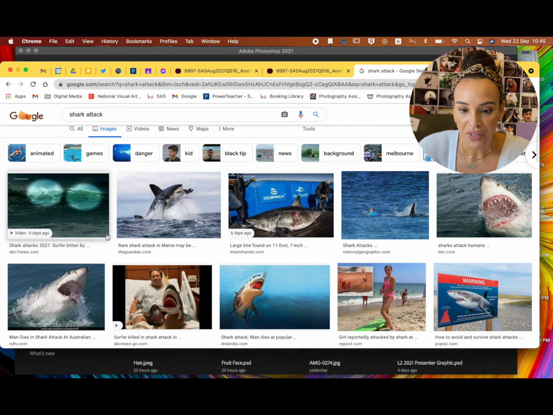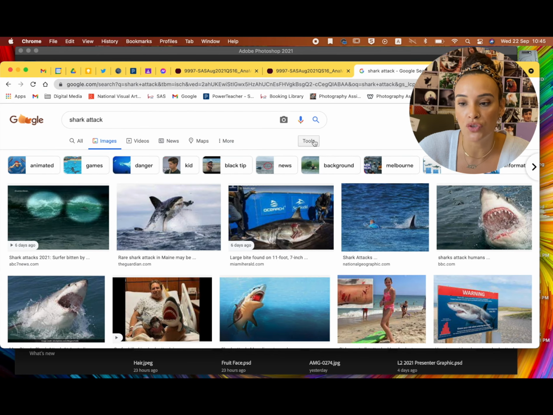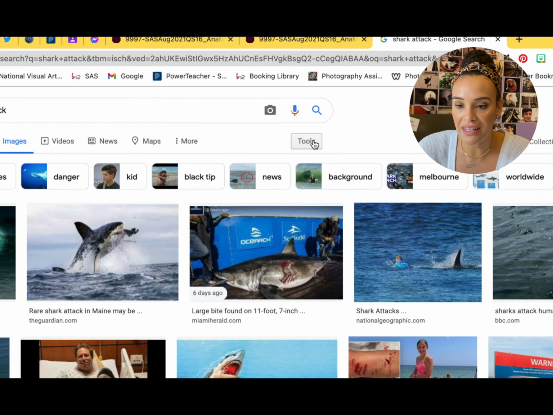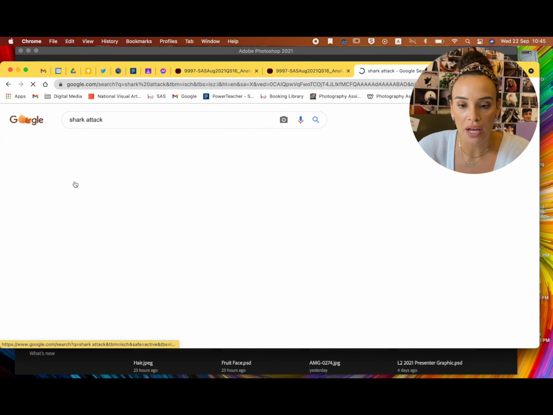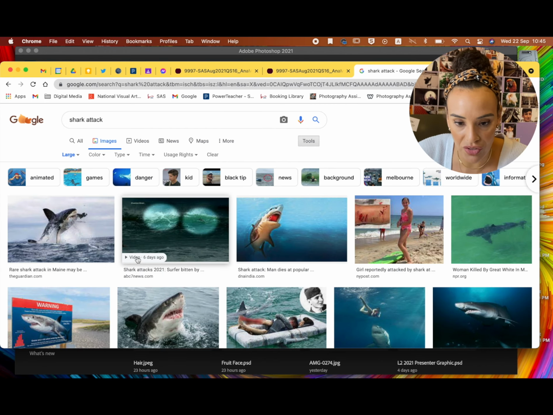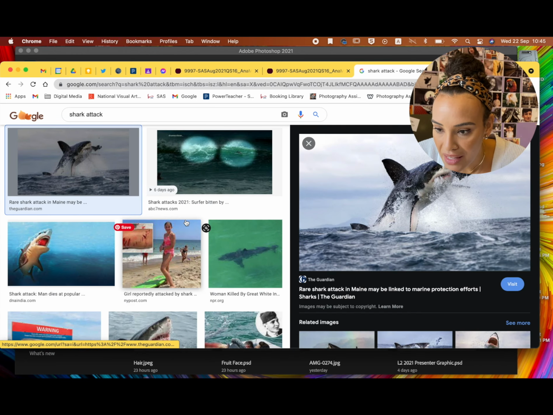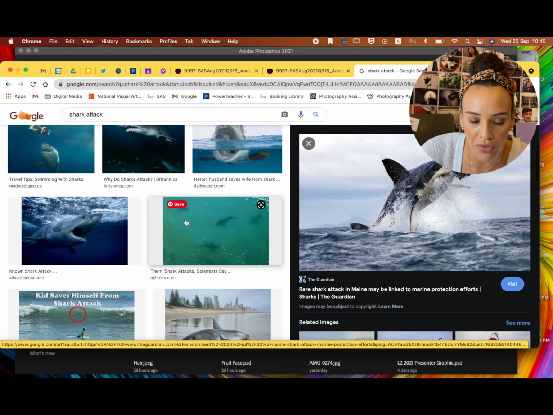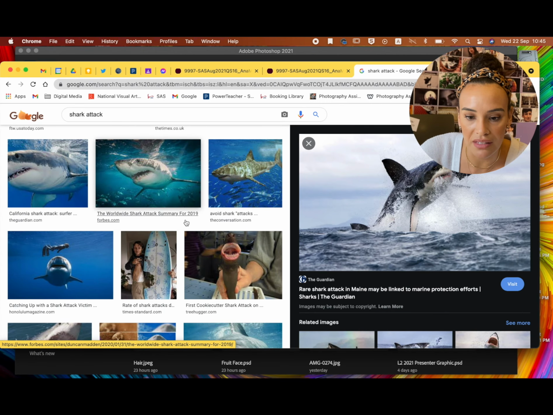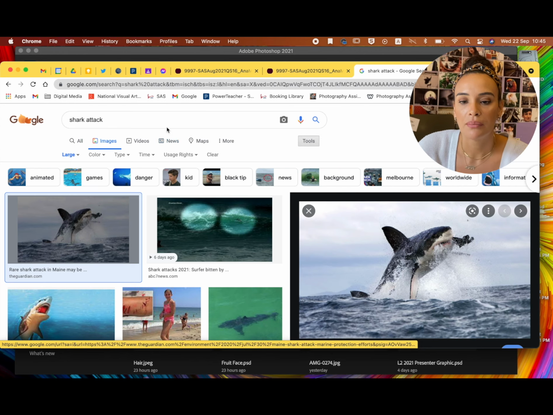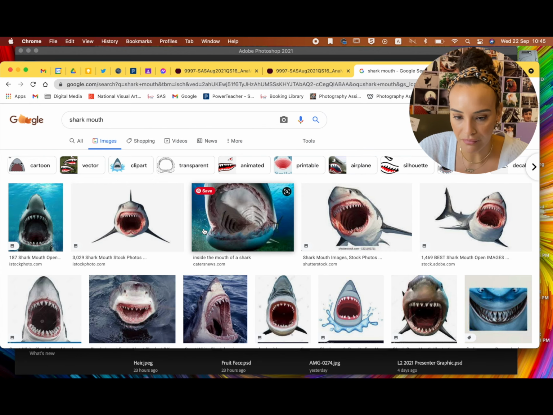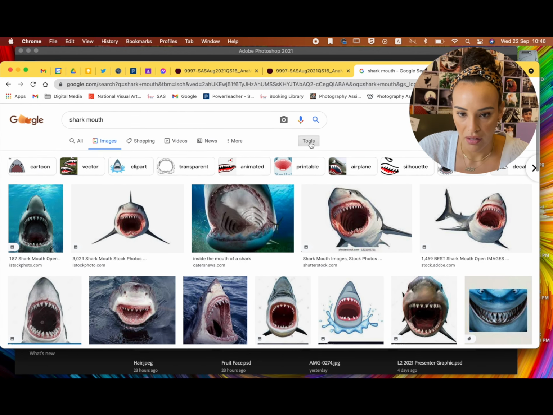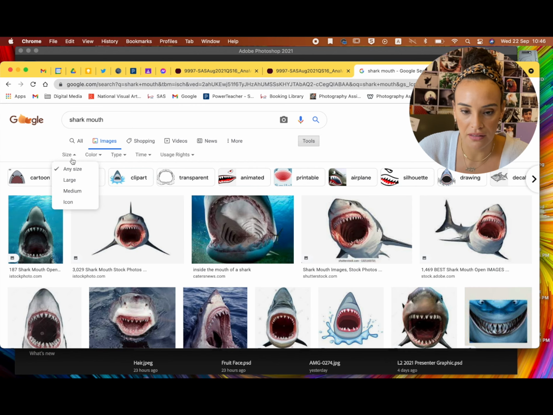You can see here, something that would be quite wise to do is that if you go to tools in Chrome and you go to size and we pick large, that is going to make a big difference. So we can see some here. This one's pretty cool, but it already has something in its mouth. Let's see, some interesting shark photos. Let's see, I guess I'll check shark mouth. I think I was liking that one a bit more. All right, so I think I'll go tools, color, size, large,